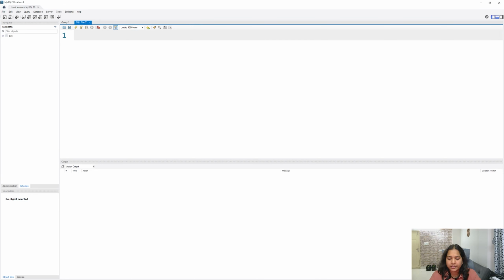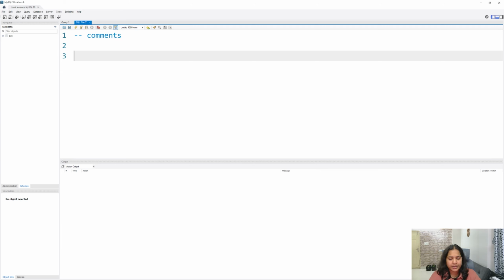And before that, one thing, if you give double hyphen and then give space, anything after that will be considered as a comment. Okay, so use these comments to help your code readability. So whenever you are trying to do something new, just put a comment on top of that so that you will know what this particular syntax or query is doing. Okay, what if I don't give a space here? It will consider everything as a single line of query and it will not recognize. So double hyphen and then definitely give a space.